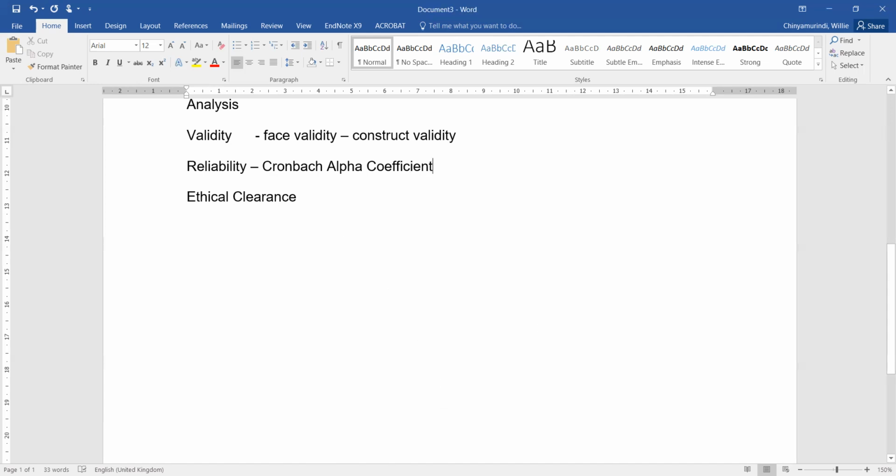And then the ethical clearance process, where you merely tell us that you applied for ethical clearance, which is the good news I wanted to share. We have received the ethical clearances for that, and I will be sending them to you a little bit later on. So you'll be able to now know what your ethical clearance number is, in the ethical clearance certificate that you're going to receive from me. And basically, the last part of the chapter will be the conclusion.